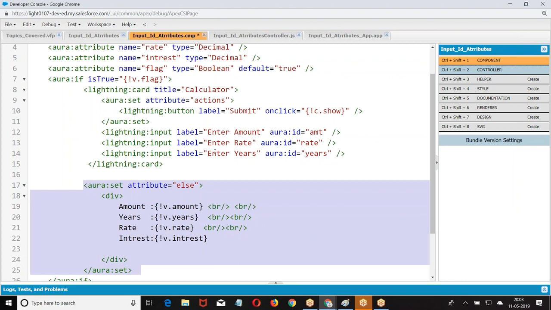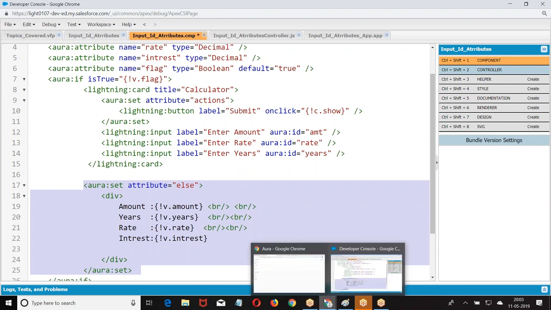Have people followed this? If it was a multiple else, then again we have to make an aura set attribute else. Now I took an if else. If you want to make multiple ifs, that is your choice. The same syntax will be followed, right? Now, I gave the if else syntax. If you want to take if, then go do it, no problem. According to that, you have read the expressions.